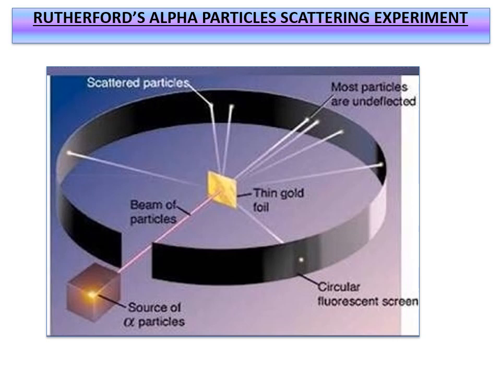This is the experimental setup that you are seeing in this picture. Just listen carefully to each and everything here. If you see, this is the source of alpha particles, and this is a circular ring with a fluorescent screen. This is a thin gold foil. If the beam is coming and striking the gold foil, then after it strikes, most of the particles are scattered in different directions, as you can see here.